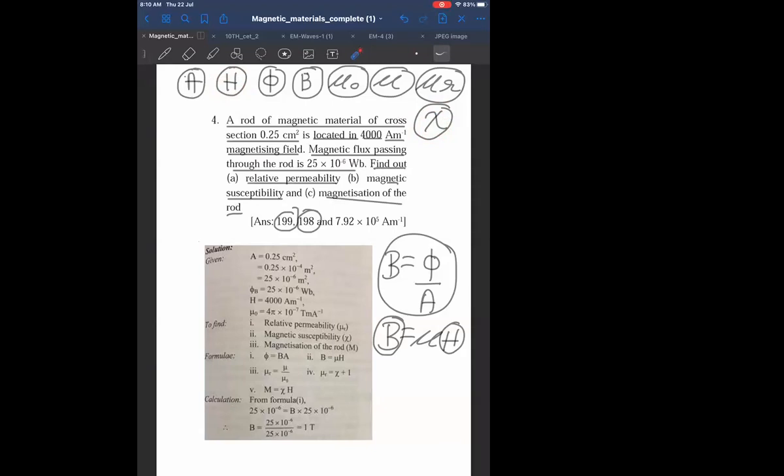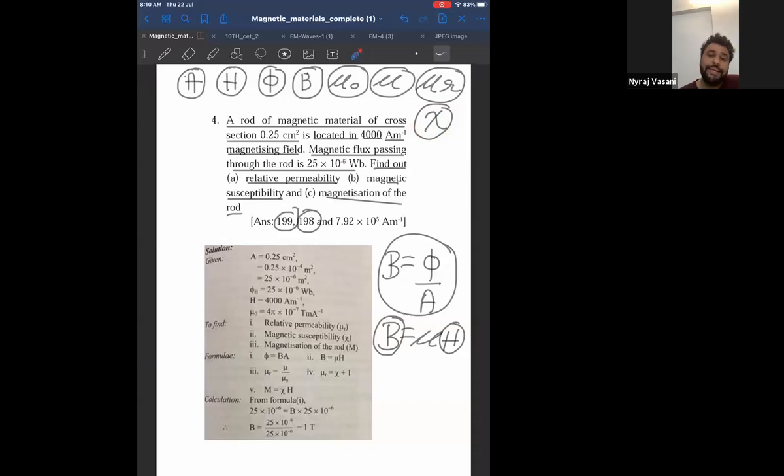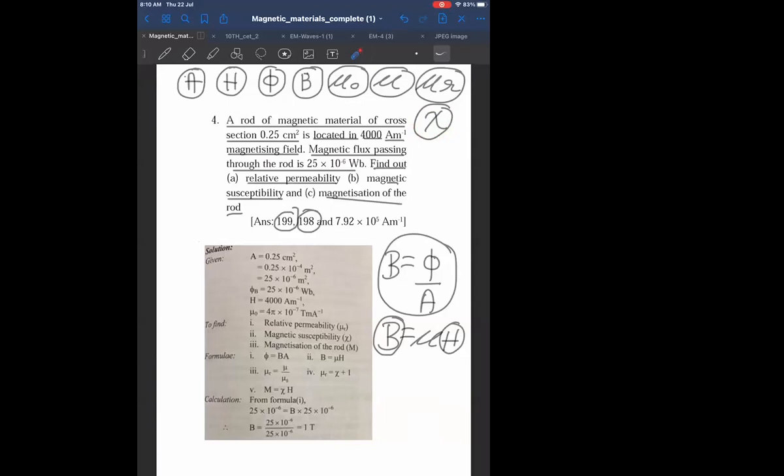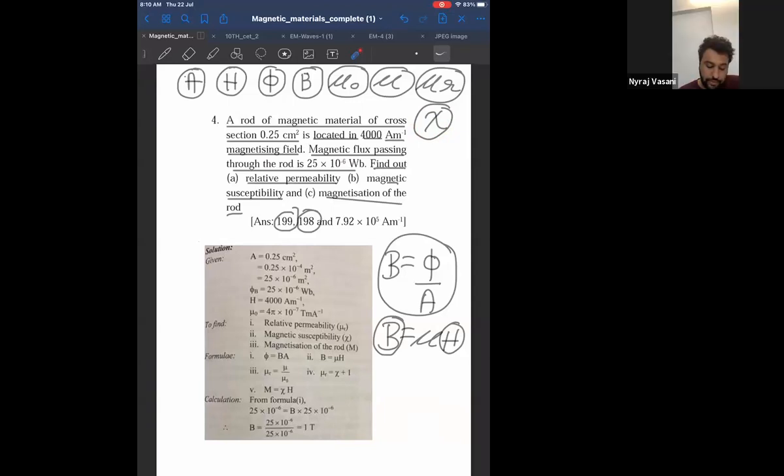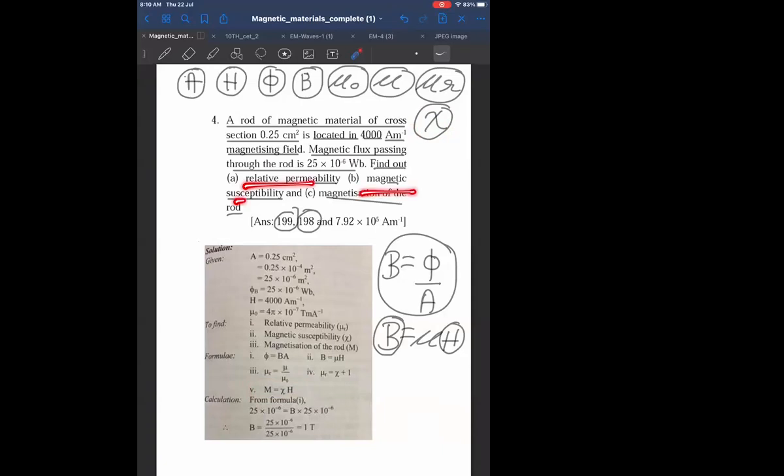Sir, I know that the general formula for susceptibility is a universal formula, so we can apply it anywhere, right? Exactly. What formula I said is a universal formula. Susceptibility is equal to M by H. That is why it is a better fit. Therefore, that is why they have also given that formula. Magnetization is equal to susceptibility into H. So with that, I can find out all the things that they have asked me.